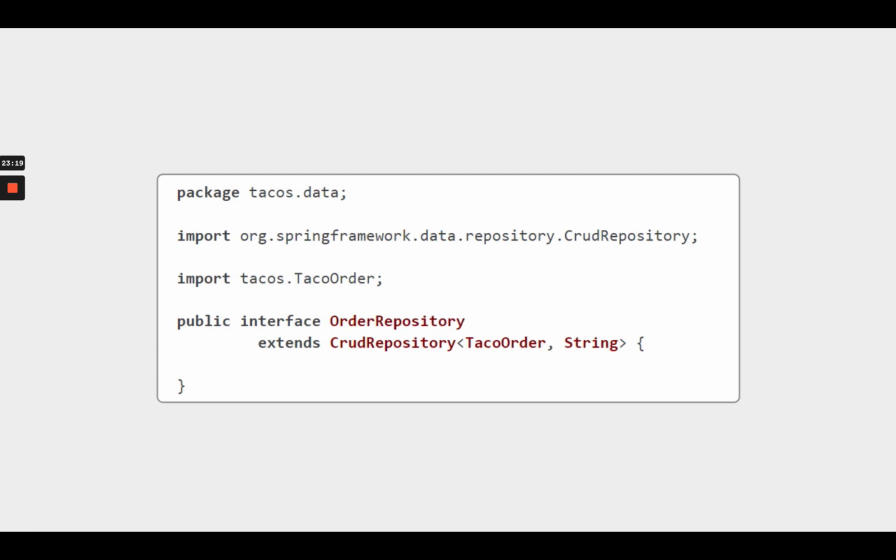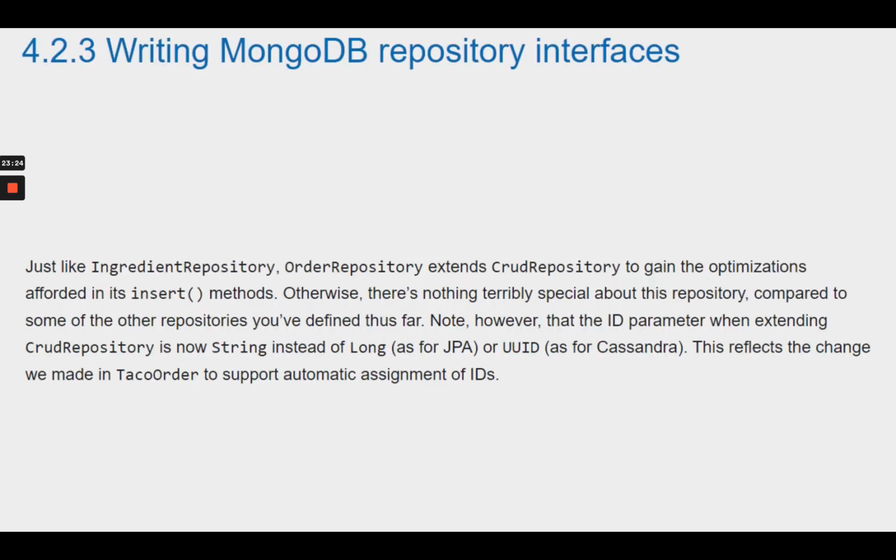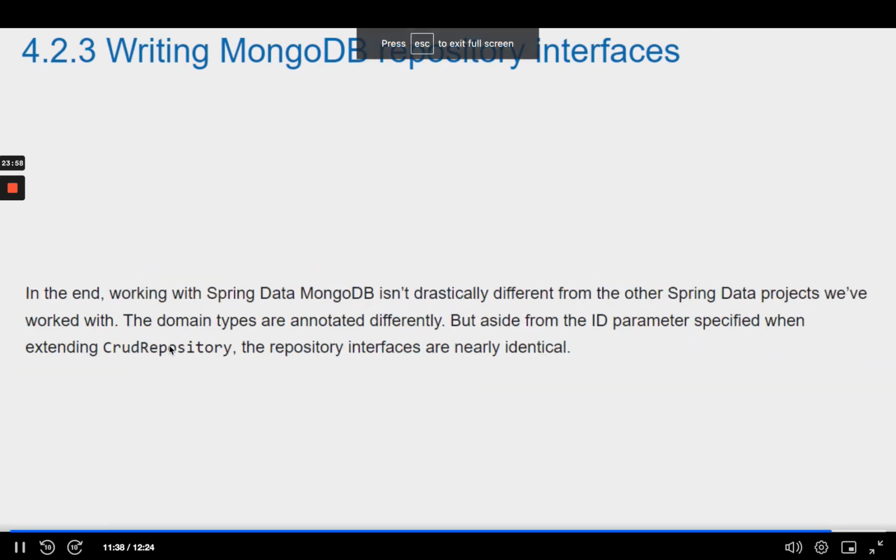Moving on to the OrderRepository interface, you can see in the following snippet that it's quite straightforward. Just like IngredientRepository, OrderRepository extends CrudRepository to gain the optimizations afforded in its insert methods. Otherwise, there's nothing terribly special about this repository compared to some of the other repositories you've defined thus far. Note, however, that the ID parameter when extending CrudRepository is now String instead of Long as for JPA or UUID as for Cassandra. This reflects the change we made in TacoOrder to support automatic assignment of IDs. In the end, working with Spring Data MongoDB